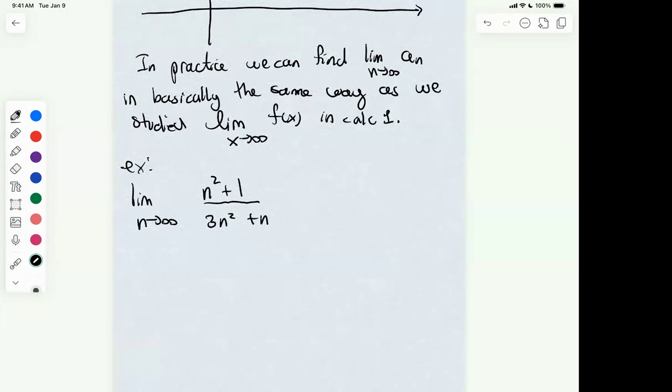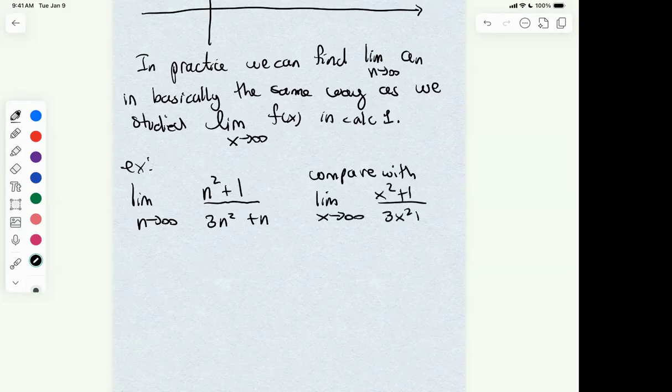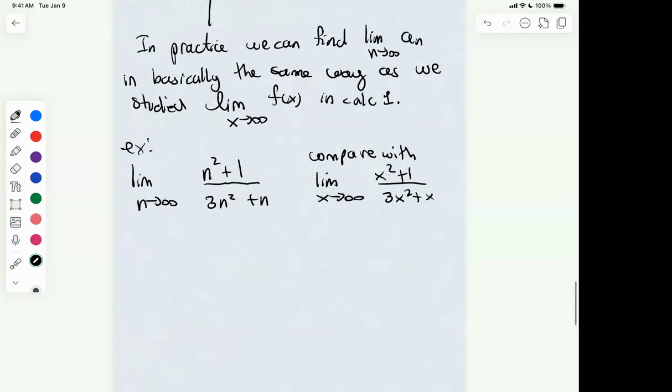So again, what I'm trying to say is that you should compare with the limit as x goes to infinity of x squared plus 1 divided by 3x squared plus x. They will basically have the same answer if the limit exists. And okay, in Calc 1 there were a few clever ways to do it, like if you know L'Hopital's,